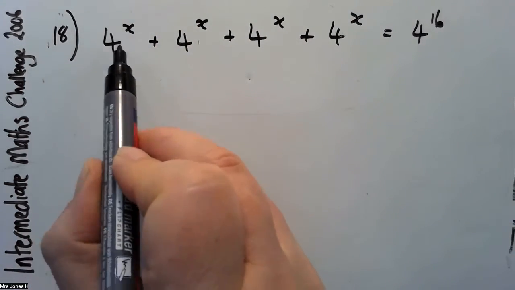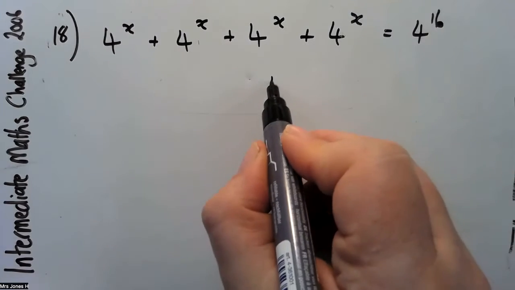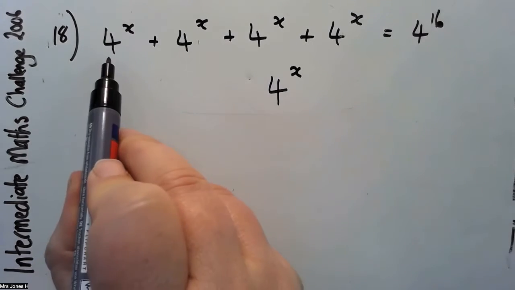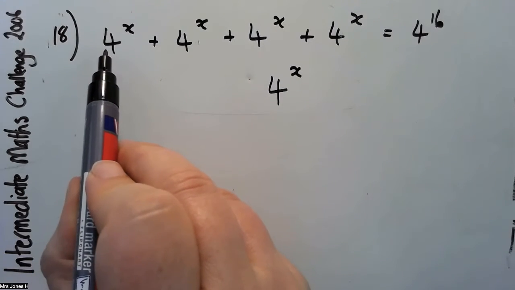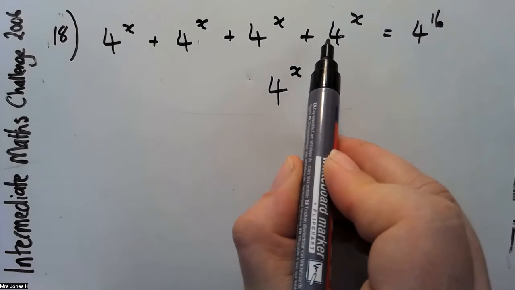This is one of something. The something happens to be the 4 to the power x. So we've got 4 to the power x here. We've got 1, 2, 3, 4 of them. If we had a 1 here, 1 here, 1 here, 1 here, we would end up with